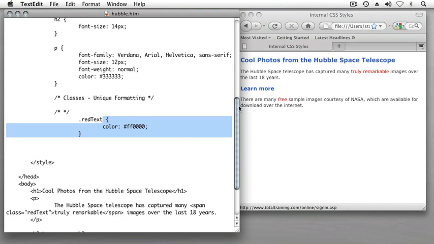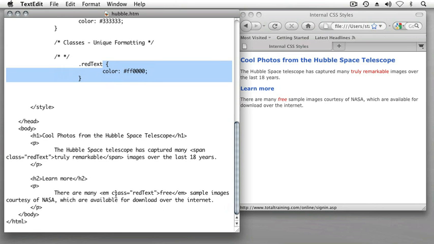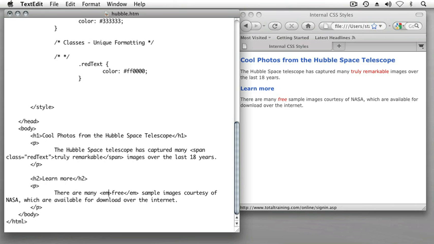And that is applied in our HTML by using the class attribute, both in this example on an EM tag on the word free and on the span tag on the words truly remarkable. This lets us selectively apply formatting to elements on our page, as I can remove one of these attributes by selecting it and clicking delete, or even change the name of the tag on which the attribute is applied. As long as that tag is capable of receiving a class,